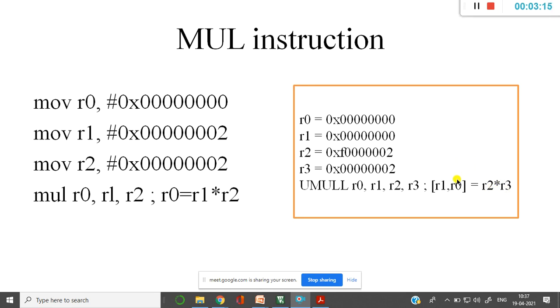The lower 32-bit data is going to be stored in R0, and the upper 32-bit data is going to be stored in R1. So this is how the UMULL works. Okay, so that's where I took F0000002. Obviously, when you multiply this with this, you're going to get data which is more than 32 bit. So again the data is going to be stored in R1 and R0 respectively. Okay,